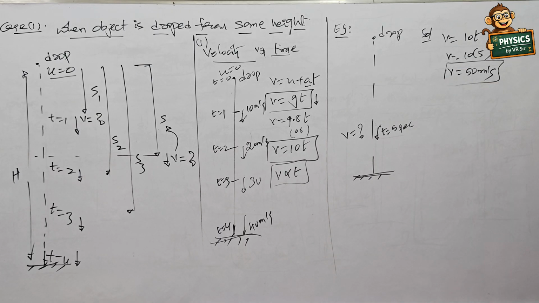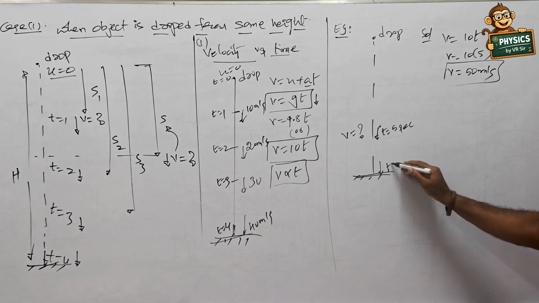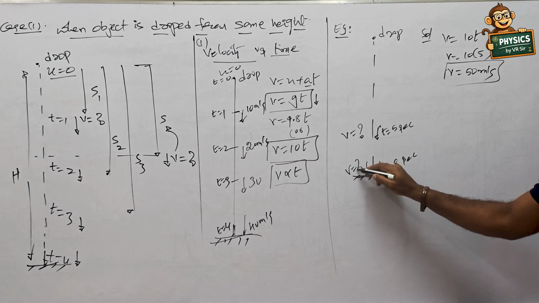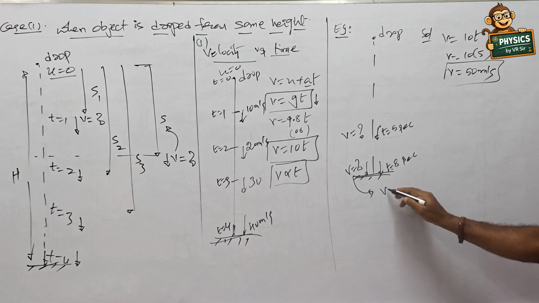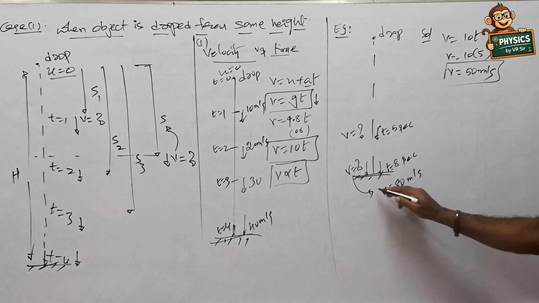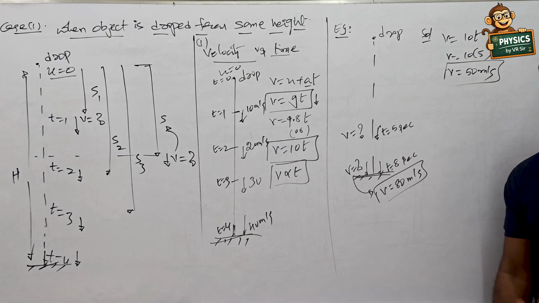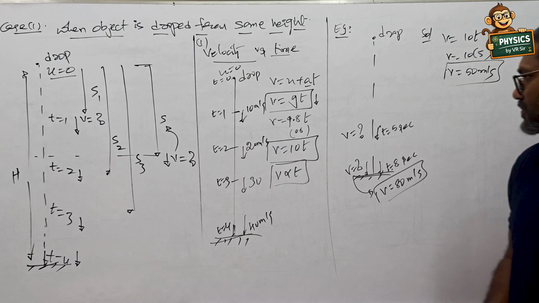Now if it reaches the ground in 8 seconds, with what velocity does it hit the ground? By now you know v = 80 meters per second. So this is the first point regarding velocity versus time. And then next,